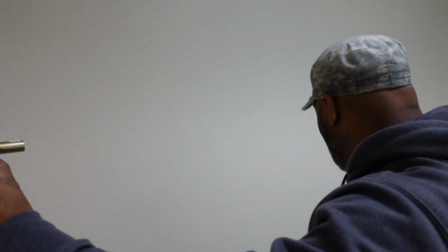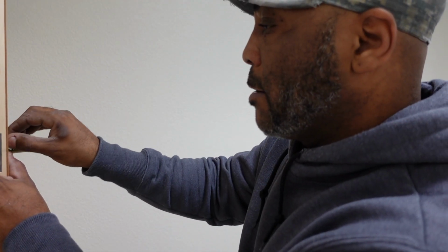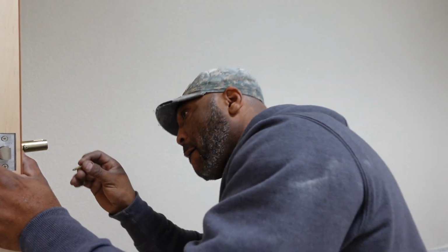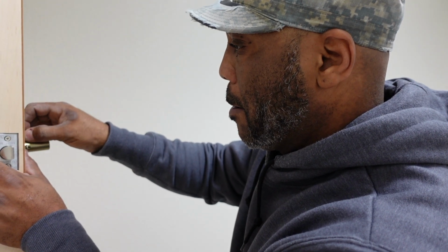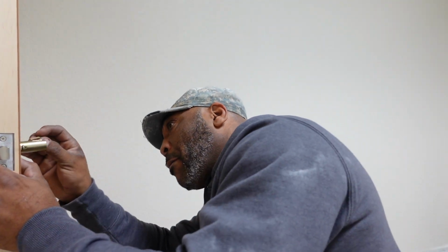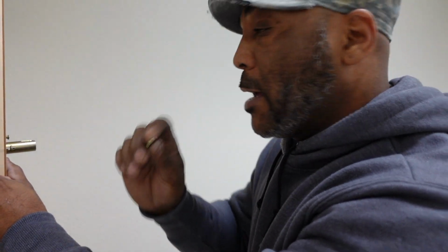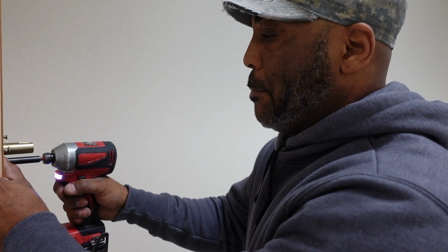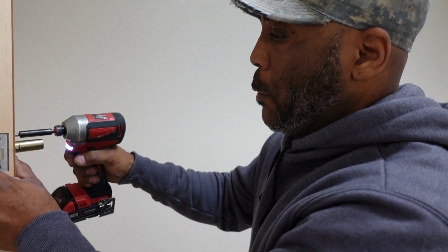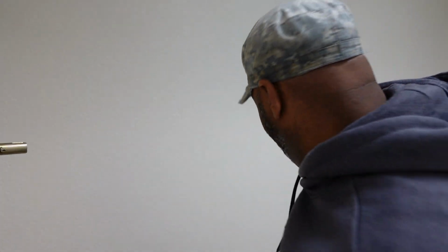And then we have this screw right here. It's a mechanical screw, okay? And I'm just gonna just pop that screw inside there, thread this guy. Okay, then we have another mechanical screw. Just kind of thread him a little bit. Then I'm gonna just hit it with my number 2. Okay, so before I go any further,